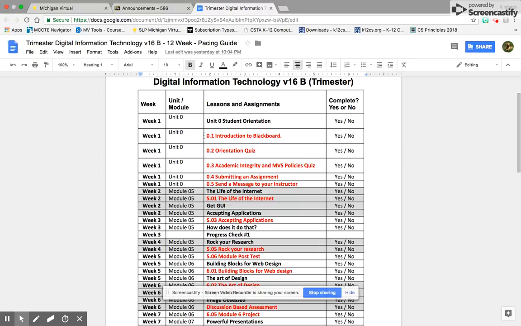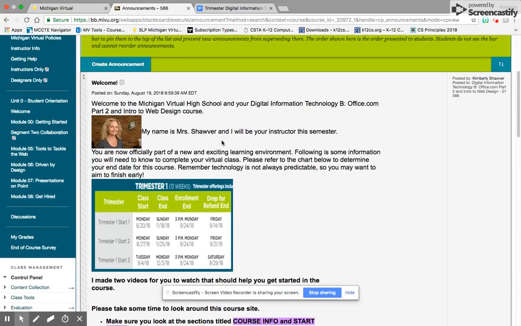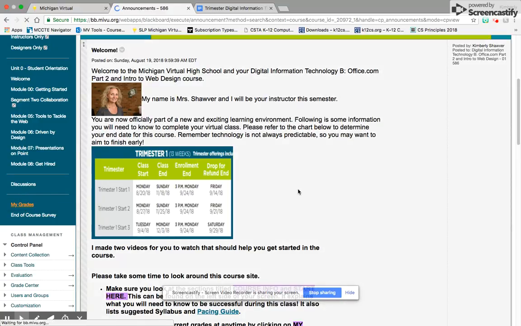You'll also notice that some of the items are in red. The red items are the ones that are actually graded. Some are auto-graded, some I will grade. To know what your grades are in the course, what you'd want to do is click on this My Grades link,